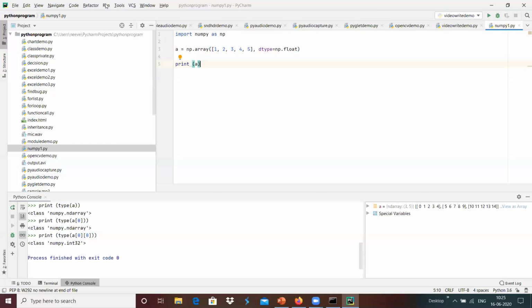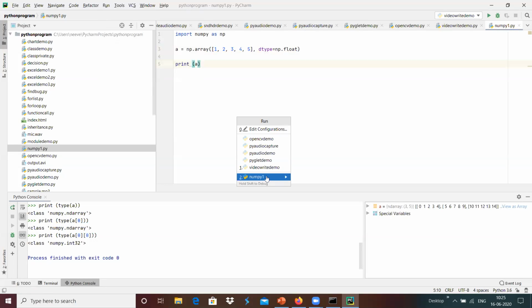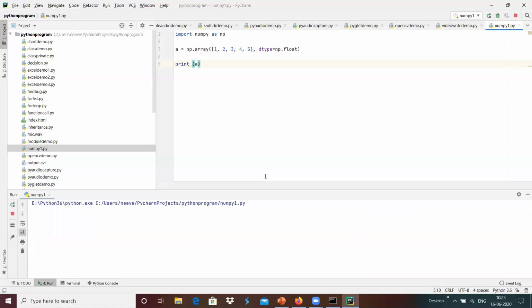Now, whenever we do print, we got something like 1., 2., 3., 4., 5., a floating point representation.